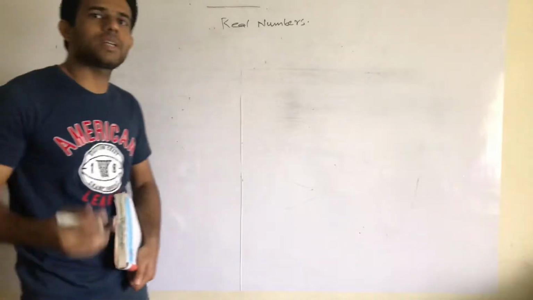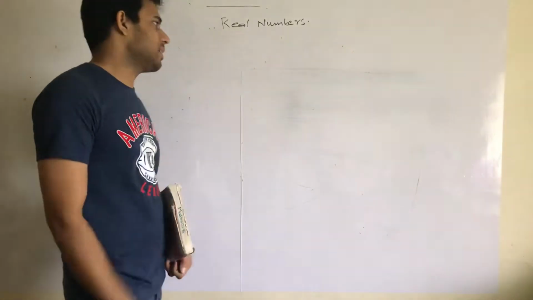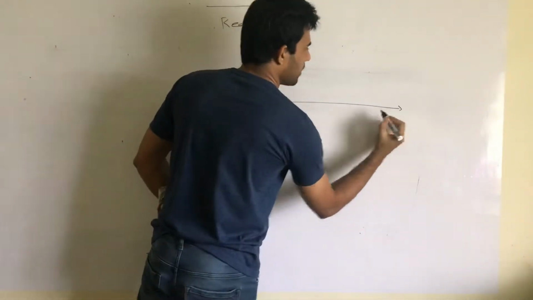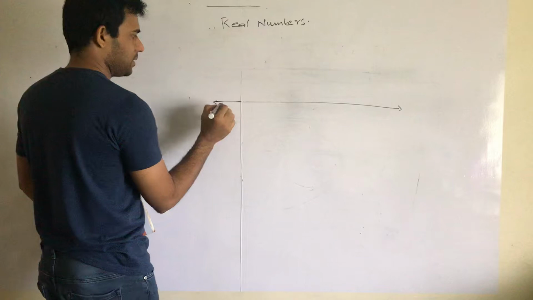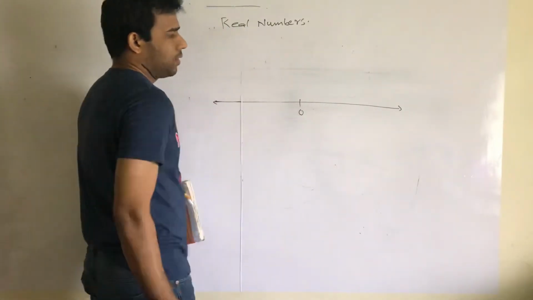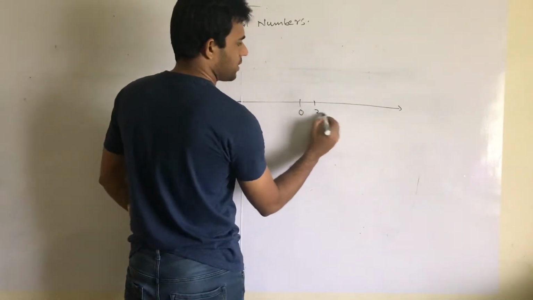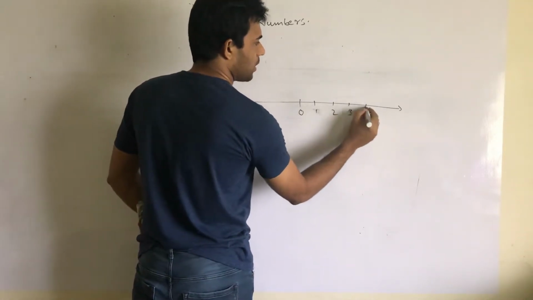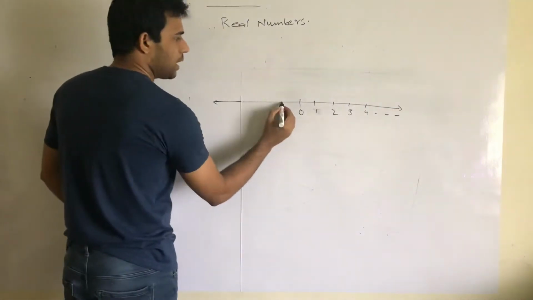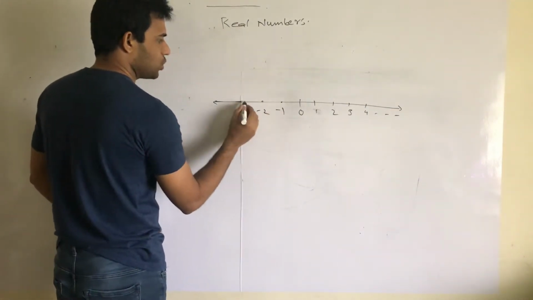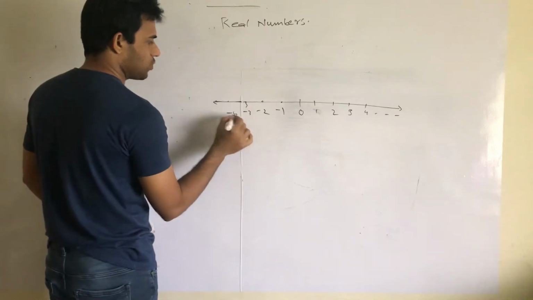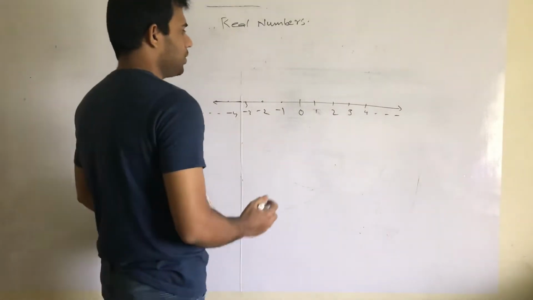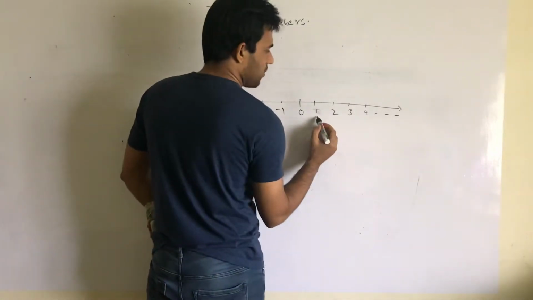So first we need to understand from your previous classes. Okay, let me draw this line with the numbers. Let's say 0, 1, 2, 3, 4 and so on, and also -1, -2, -3, -4 and so on. This is what you see in your graph. Okay, so let's consider these numbers, from 1